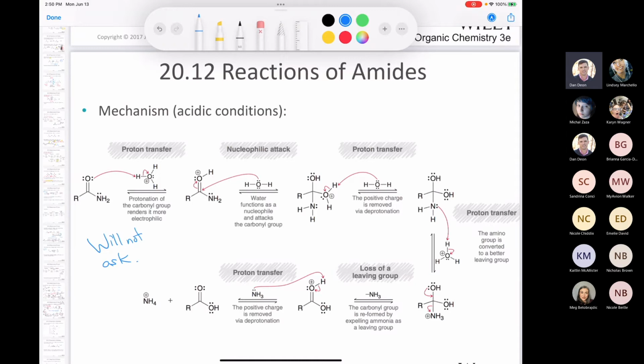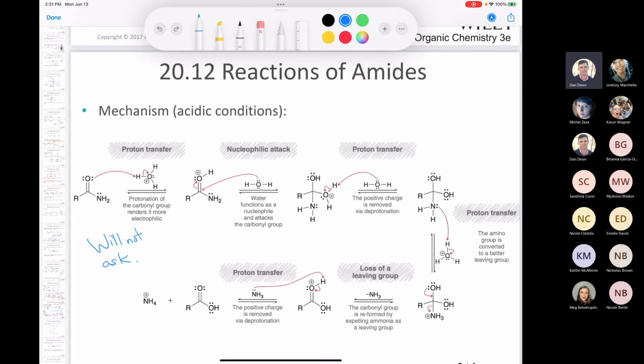The reason why is because I figure we have enough to remember with ester hydrolysis and everything that we've covered already. And if you understood the acid hydrolysis of an ester, I bet you could all draw this mechanism without my help. It starts with a proton transfer to render